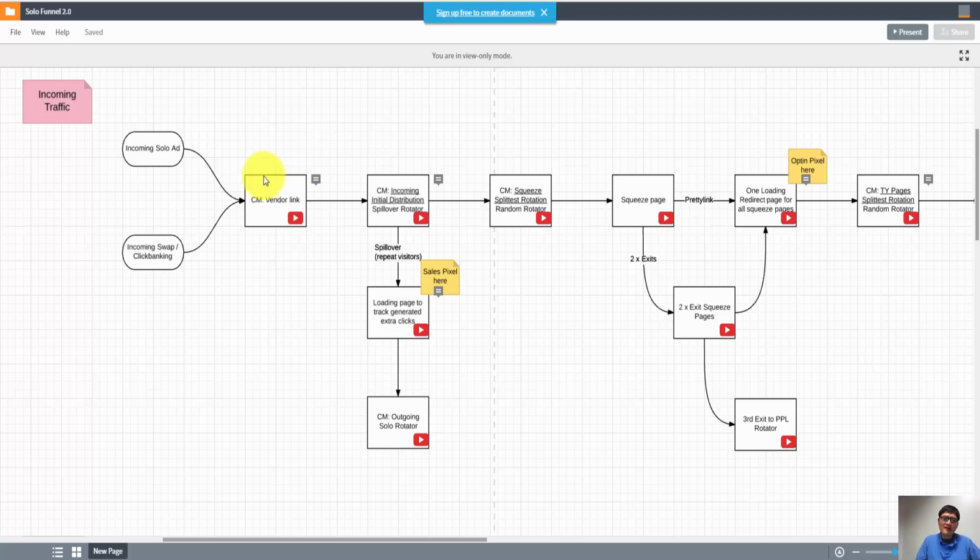And so you have a link which you create in Click Magic. This thing we call the vendor link. And from that vendor link, we're going to connect into our Click Magic incoming initial distribution. So this is actually all the clicks coming in, and most of the time they will just go into the script page, which is your landing page. Okay, so that's what I mean: you buy the clicks, and then you tell them